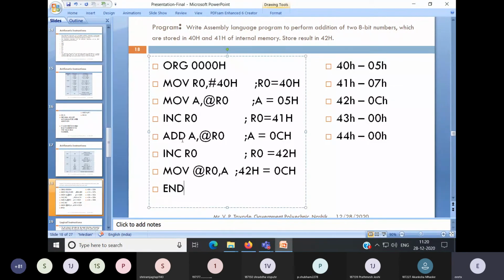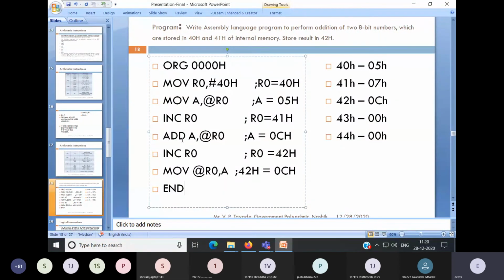So it will perform addition of 05H and 07H, and simply it will store result into the accumulator. After this, we have to store this result into the 42H.